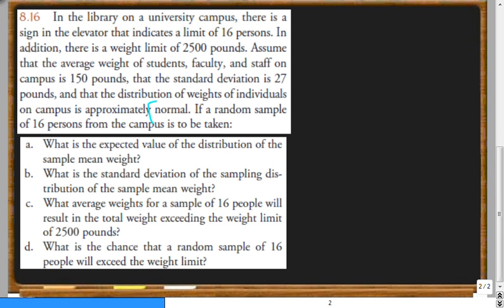So this is key, right? They tell us that it's normal. If a random sample of 16 persons from campus is taken, what happens? Notice that they said that we are normal, even though we are using 16 people. 16 is not safe enough to assume normality, so the fact that they have to say that is very important. So we know that our sample size is 16, our mean is 150, and our standard deviation is 27. So since we're talking about this distribution,